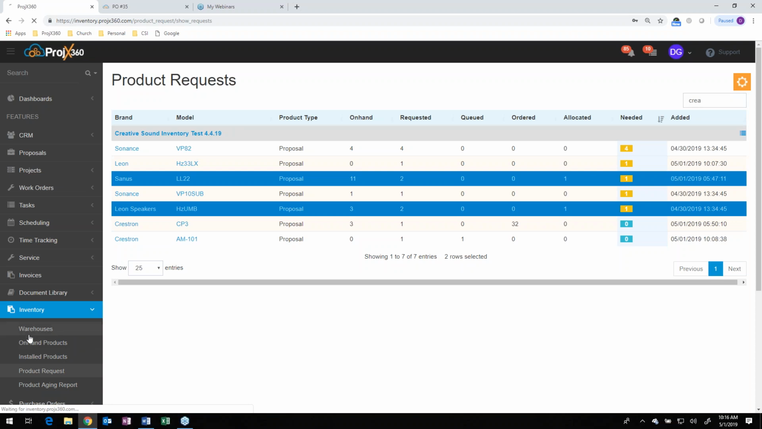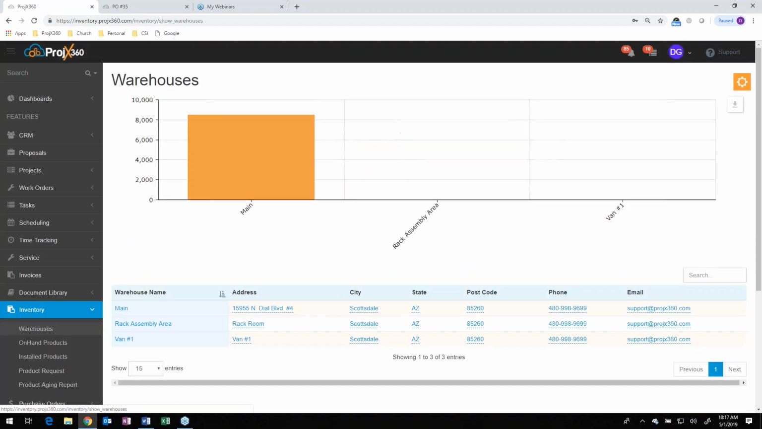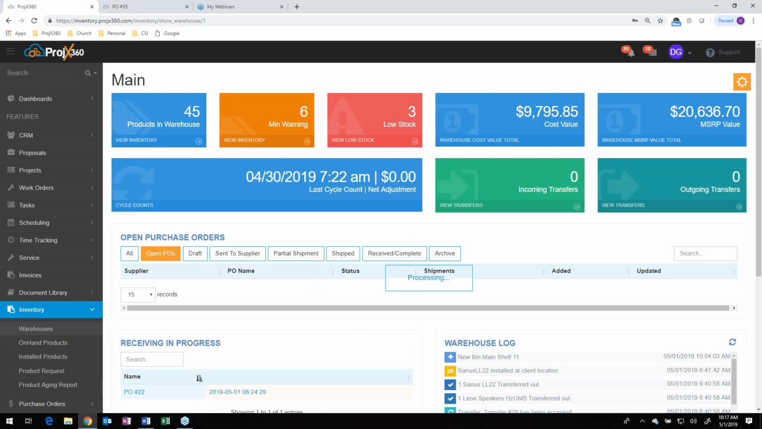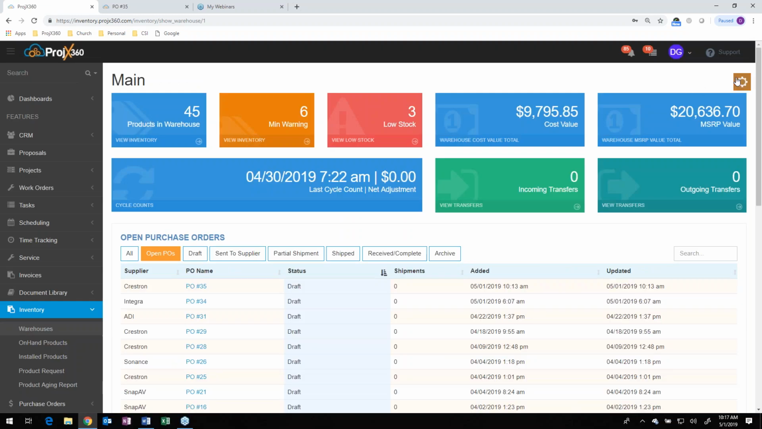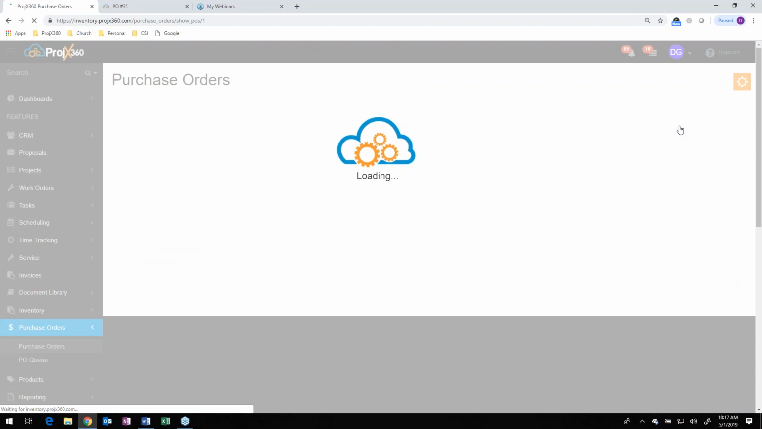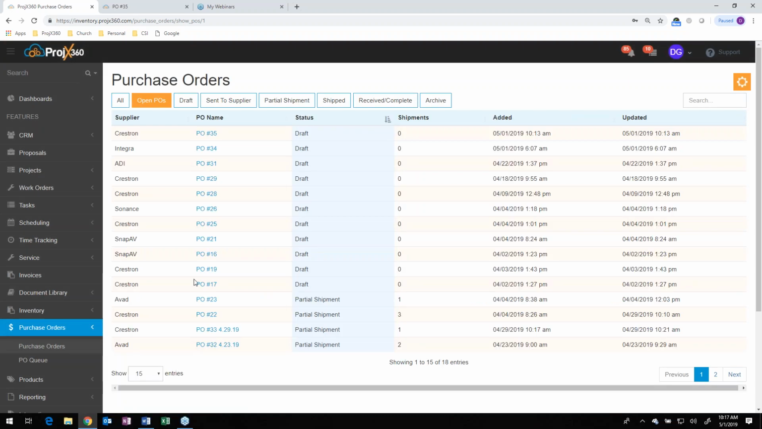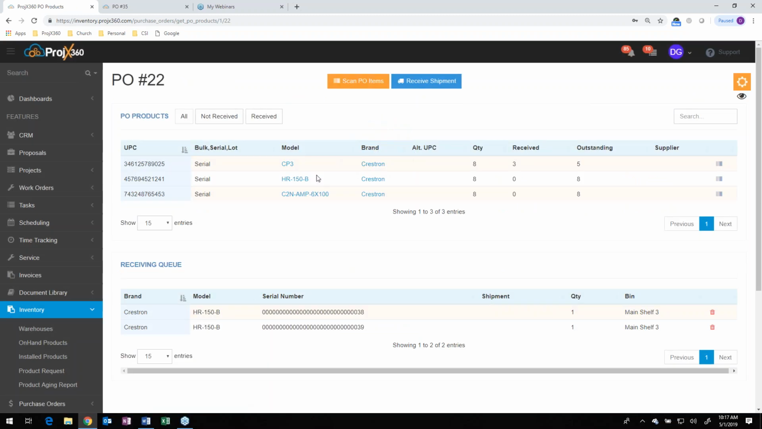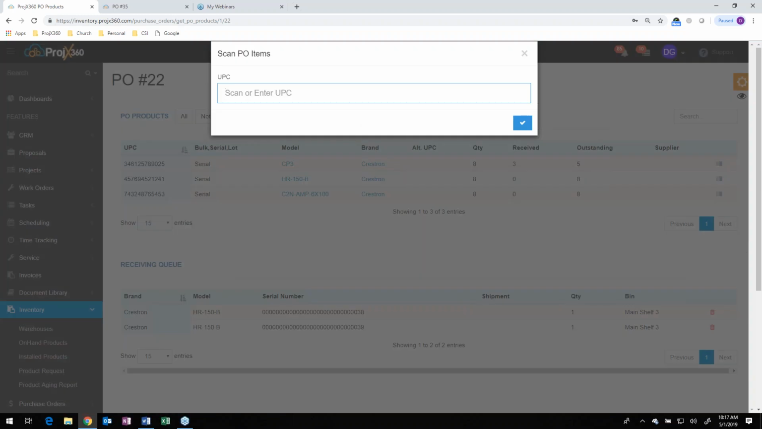But now that the POs are created and sent out, as the product does come in, you'll be in your main warehouse, and you can receive product. So to receive product, just simply hit the cog and go to receive product. It'll list all your purchase orders right here. You can select the purchase order that you want to receive from, and then you can go to scan product,